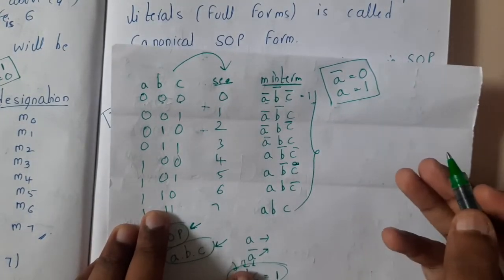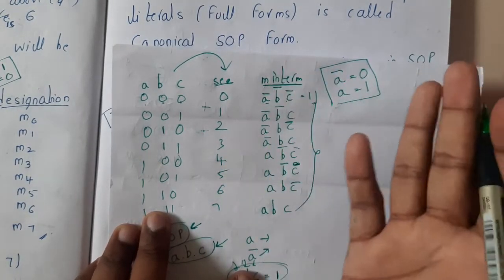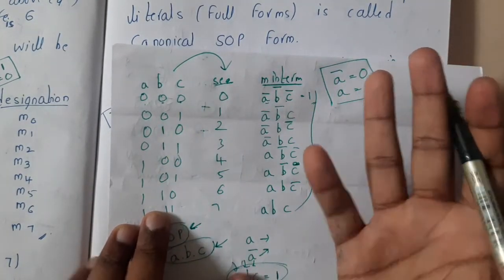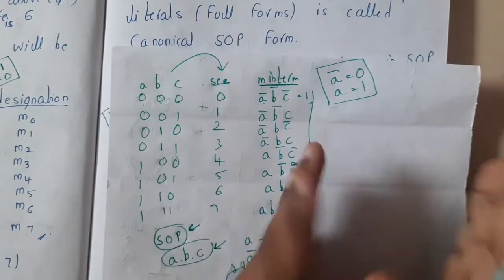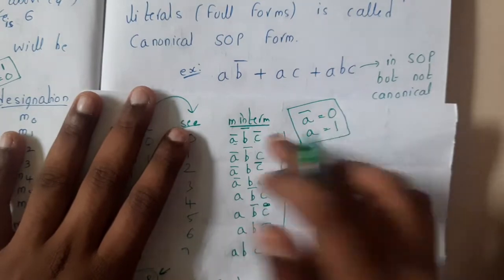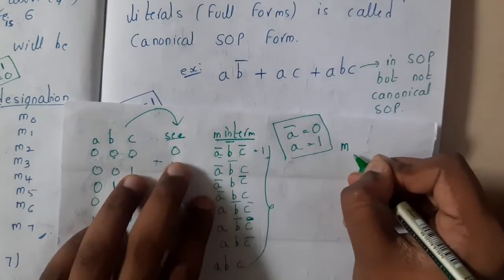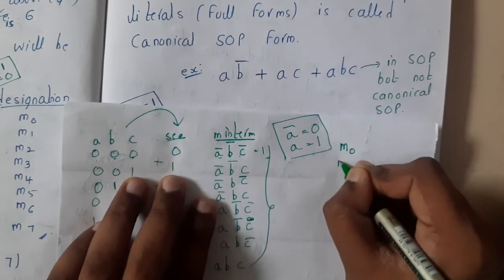So few of you will be saying, why are these called min terms? The main reason is because these are introduced first. After that, they discussed POS, guys. So for this, they gave min terms, and for them, they gave max terms. The reason they concluded with min terms is they will represent them with small letter also, guys. So it will be represented as M0. The second one is M1.